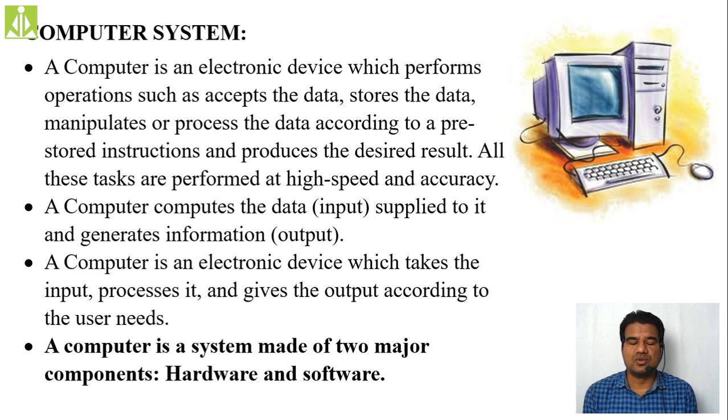Okay, so the second definition, whatever they gave, it is a machine because it is minimizing the effort of a human being. So, what is a machine? If you see a mechanical definition of a machine, it is anything which minimizes the effort of a human being. Whatever device or tool we are using, if it is minimizing the human effort, we call it a machine, isn't it?